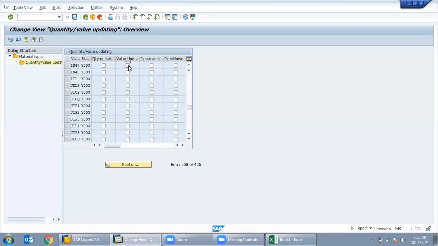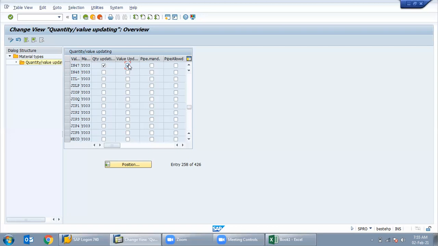Okay, Umesh. So when we select that quantity update and value update, that means it automatically updates the stock by the GL assigned in the background in the OBYC setting.